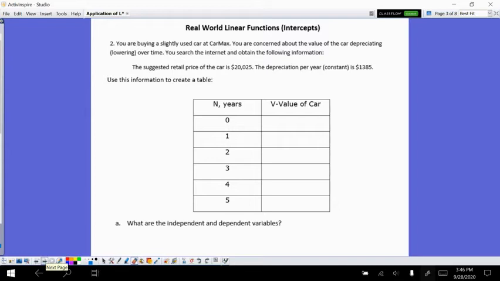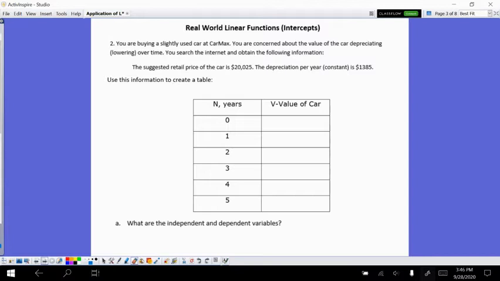All right, in our second question, you'll notice there's no graph. Not a big deal. We have enough information to generate a table of values and understand why this would be. So you're purchasing a used car at CarMax, and when you purchase a car, new or used, it tends to lose value over time. So you find out that once you pay $20,025 for this car, its depreciation, its loss of value per year, is a constant of